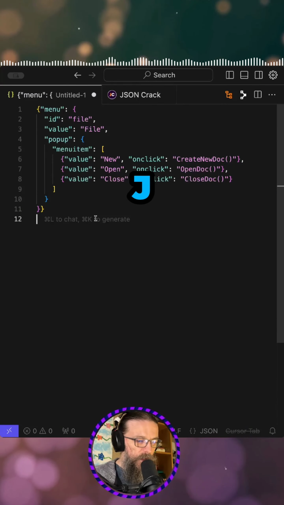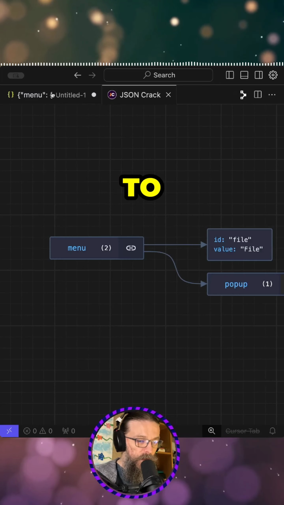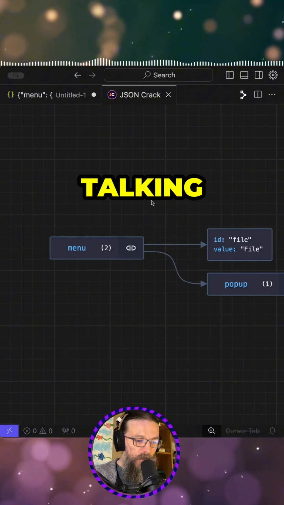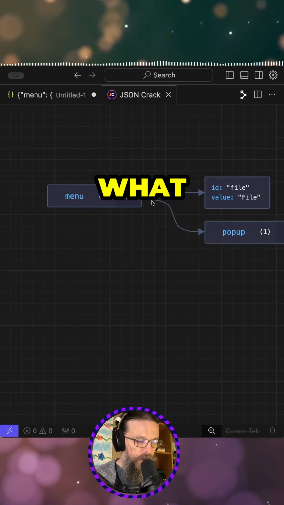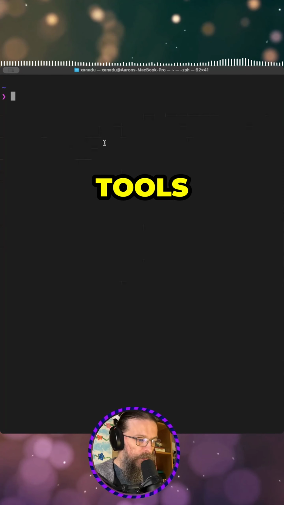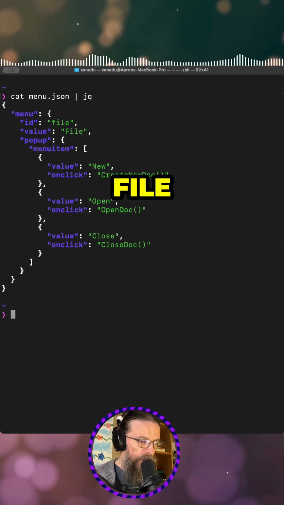And the cool thing about JSON, just like all other formats, is you can turn them into other formats if you want to. I saw a creator on TikTok the other day talking about this cool extension for VS Code that'll help you visualize your JSON, give you an idea what the shape looks like. There's even lots of command line tools out there. JQ is probably one of the most common ones, so I can have a look at this file and even